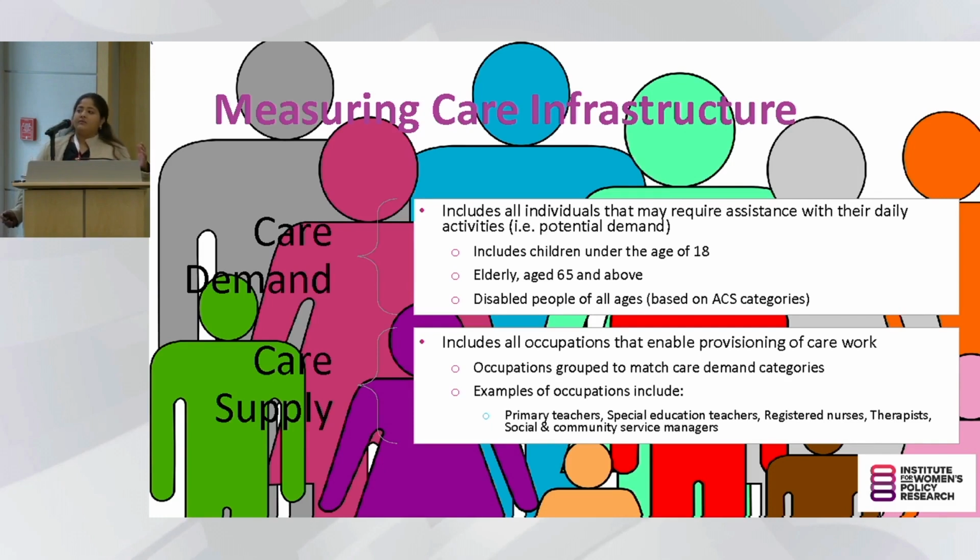So the way it appears in the ACS for now is that it's a broad category talking about all registered nurses, not specializing in terms of whether they are looking at children and so on. In that sense, we do have quite a bit of overlap when we try to arrive at child care supply, elderly care supply, and supply for disabled individuals. So like I said, there are a lot of things that need to be teased out with measuring care, and there's a lot of research talking about how difficult it is. This just reiterates that point. So at some point, this will work.